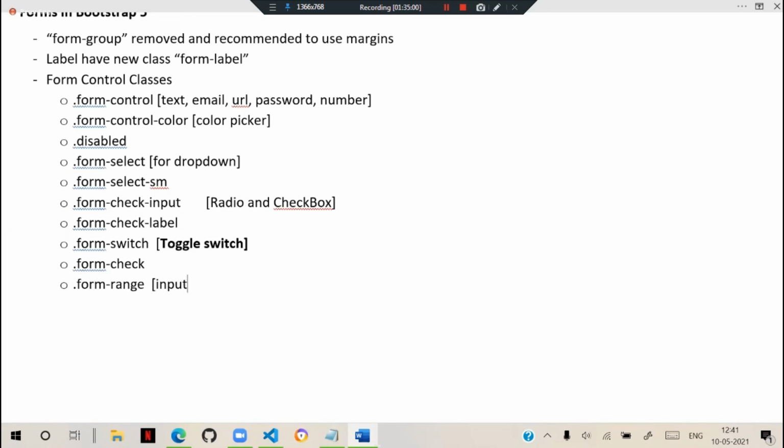This is for input type range. Earlier we had form control range, so now they have given a simple range option. Only that change. The rest of the options look similar. Nothing changes.